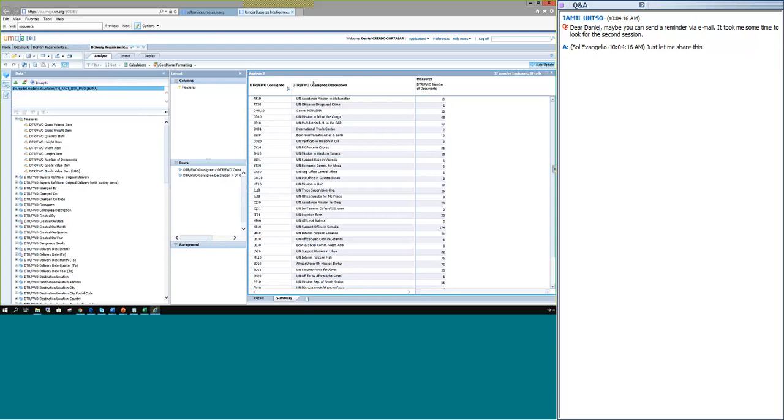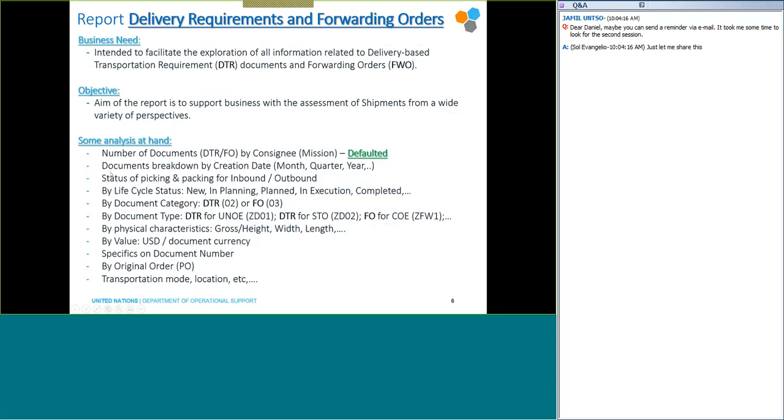With the description of each of the consignees, and then the number of DTRs created by each one of them. So that's the default view that we can see. Then some other analyses are related to the documents breakdown. So all the DTRs created by month, by quarter, by year, the status of picking and packing of inbound and